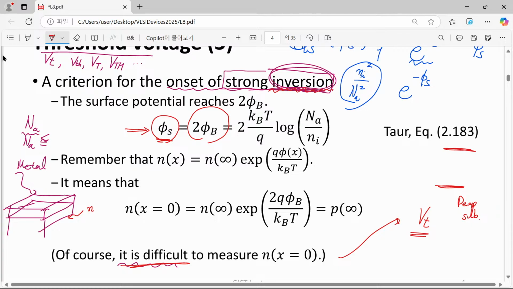Now we have a certain Fermi level corresponding to our p-type substrate, and let's say this is EI. Starting from this one, we have a certain energy difference. This corresponds to q times phi B. So now we have band bending,